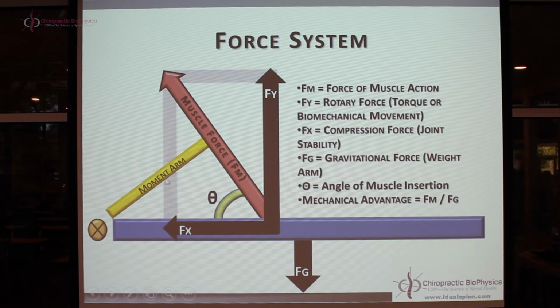And what we have to remember here is the moment arm is always perpendicular to the muscle force line of action. Okay, so this is the reality when we talk about a cervical joint, what it's going to experience in terms of its overall free body diagram. Now, when we look at the spine in the sagittal plane, we can apply this information,